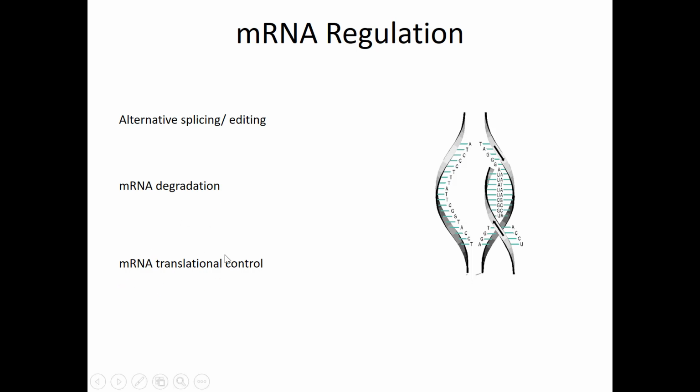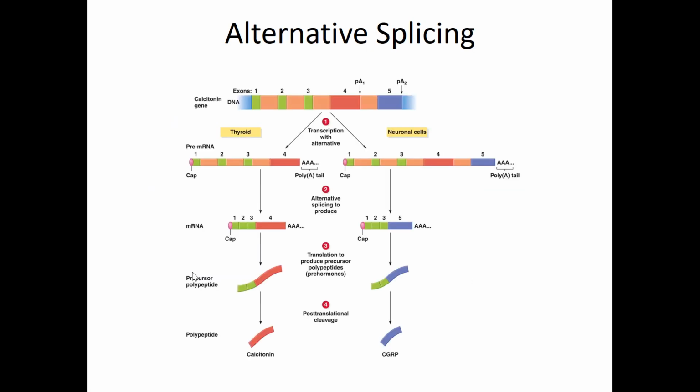And then you can also control the rate at which these mRNAs are translated. So you can splice these pre-mRNAs in different ways. You could degrade them and never allow them to fully mature and be modified into mature mRNA for translation, or you can modify the rate at which those mRNAs are translated. These are all levels of control within eukaryotic cells. And so here's the